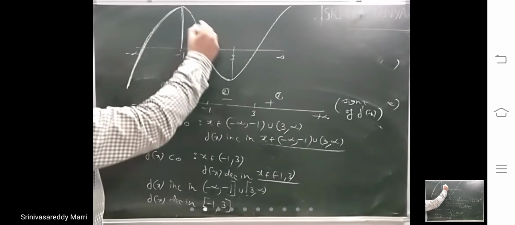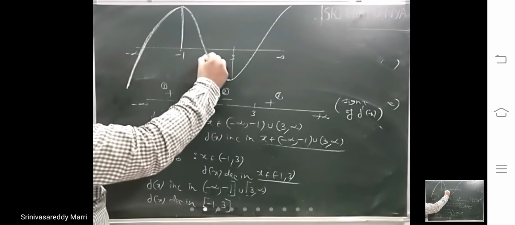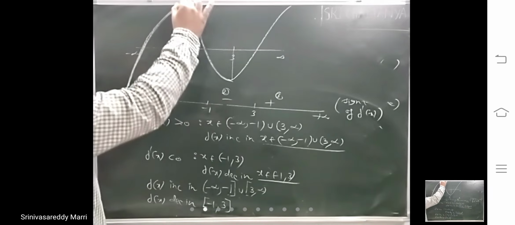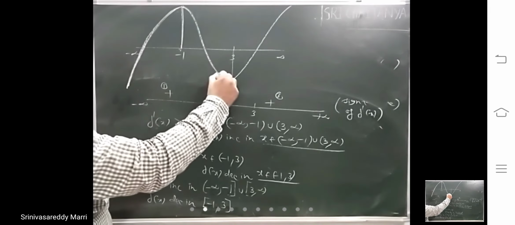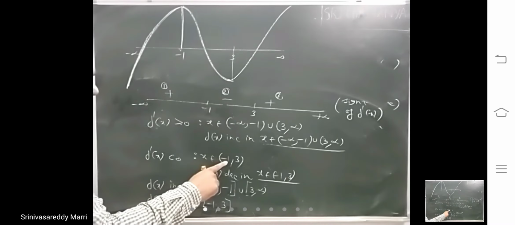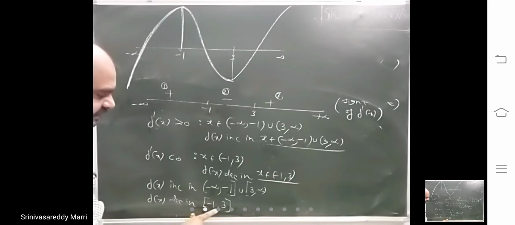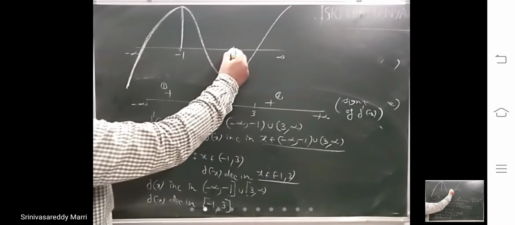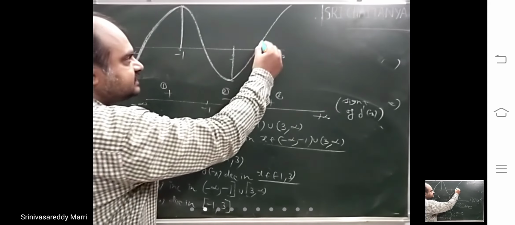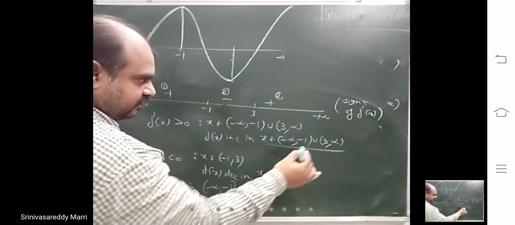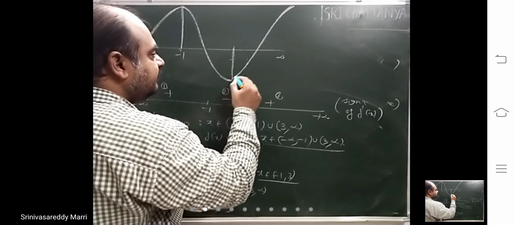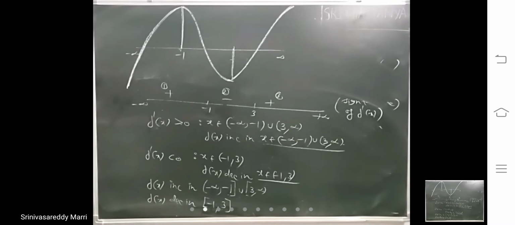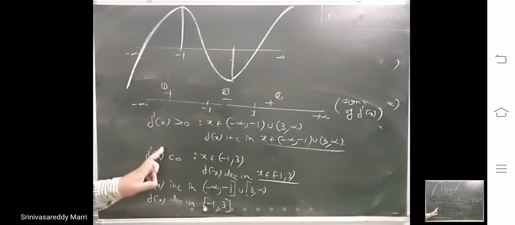Minus 1 to 3, you look at. At minus 1 the derivative is 0, at 3 the derivative is 0. If you observe the graph from minus 1 to 3, it is decreasing only. That's why even though you got an open interval, if it is asked in this interval, the graph is decreasing only. Then look at 3 to infinity, how is the graph? This is the graph. So you got open 3 to infinity. Look at closed 3 to infinity. What is the graph? From here to here it is increasing. That's why first we will write these intervals.